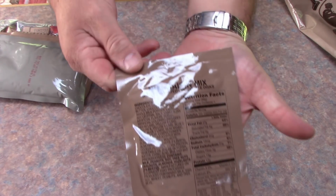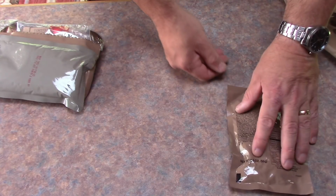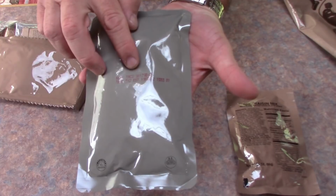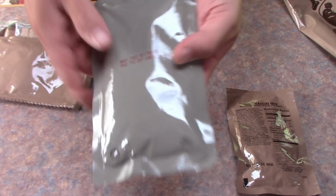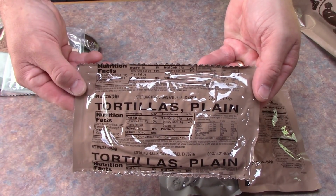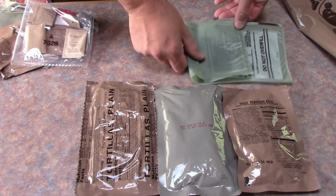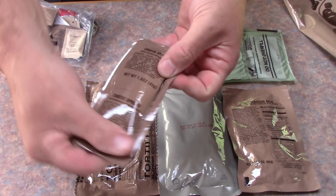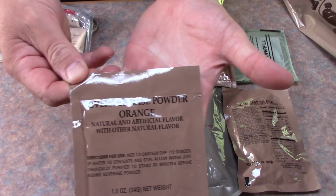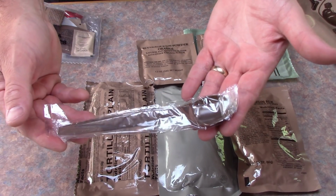Now, straight off the top of the packet we have a nut and raisin mix. Again, I do apologise for any reflection that's coming from the skylight above. We have a nice impressive pack of the beef taco. There's a pack of tortillas, plain. The standard FRH. Cheese spread, a beverage base orange, of course the MRE spoon,